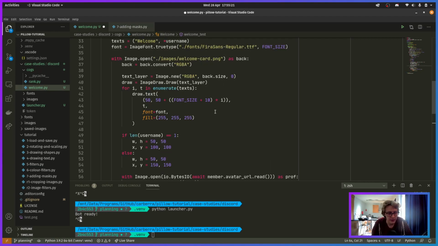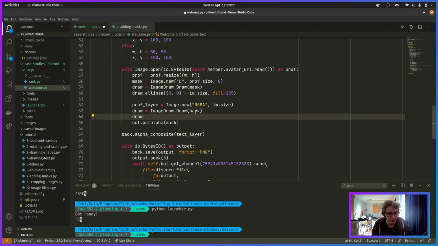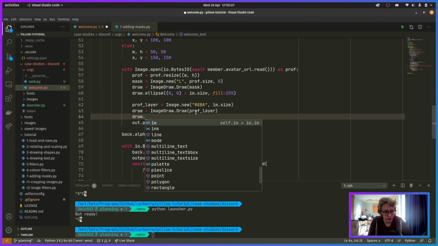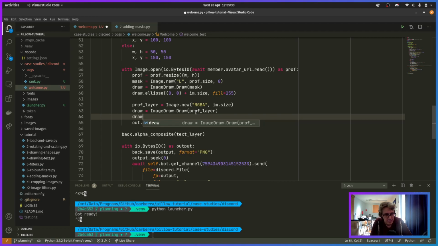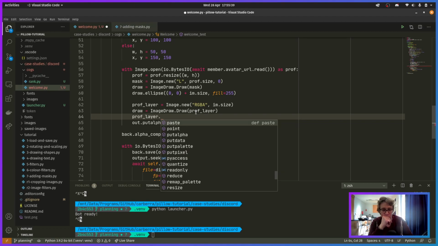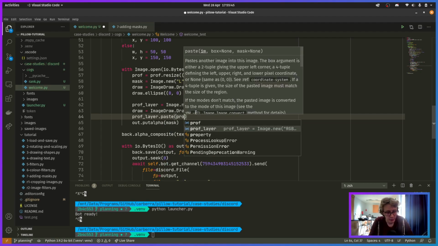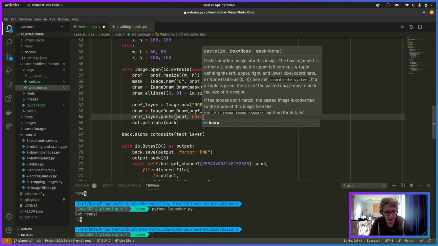Which is this one we did? Oh no, it's a text layer. We need the prof layer. So prof layer dot paste, prof box equals